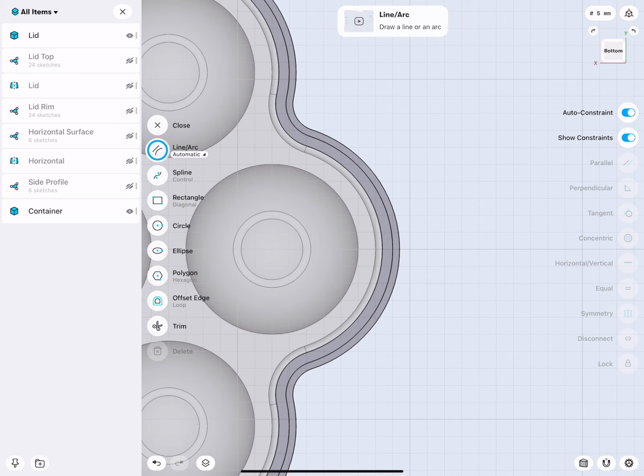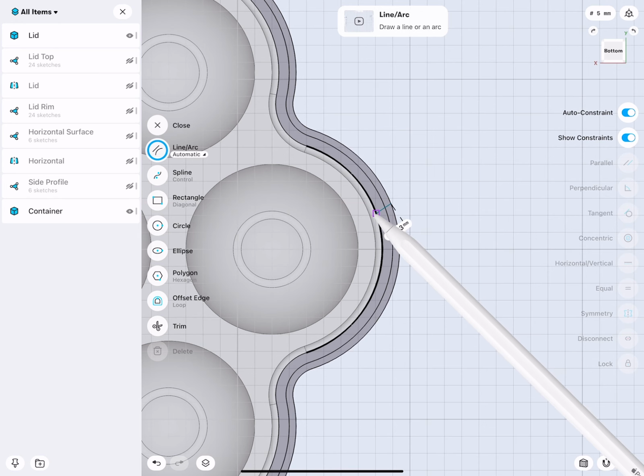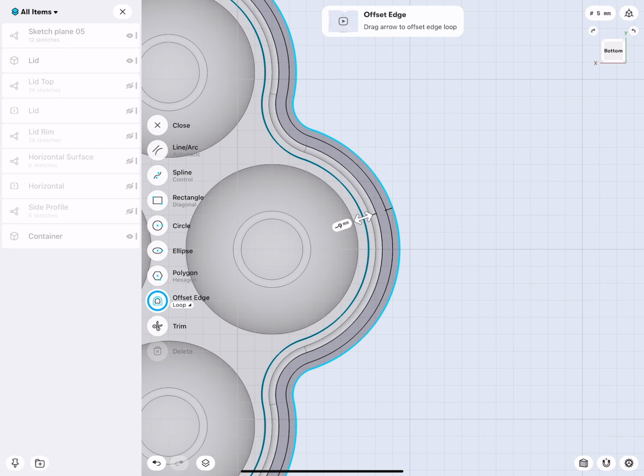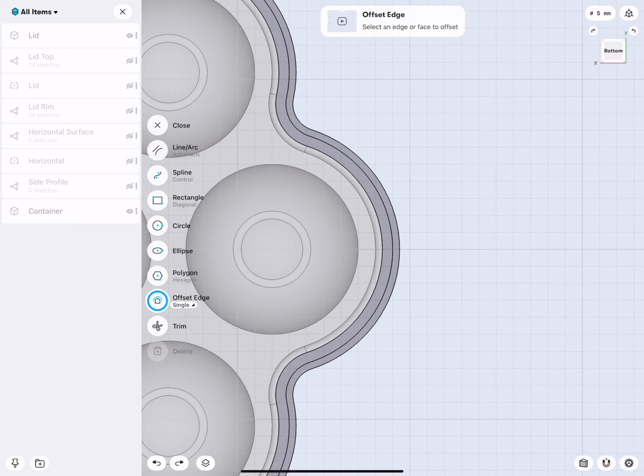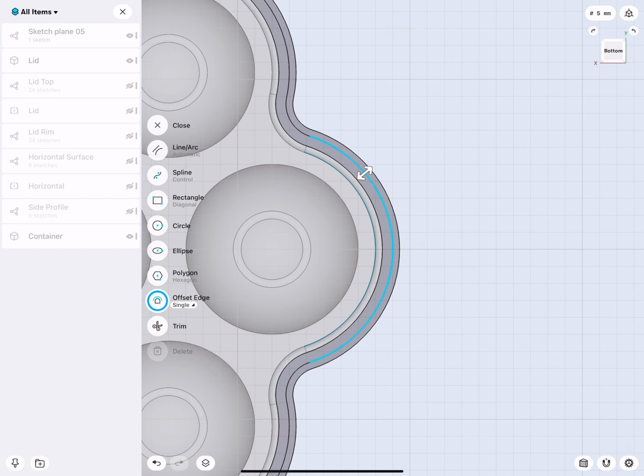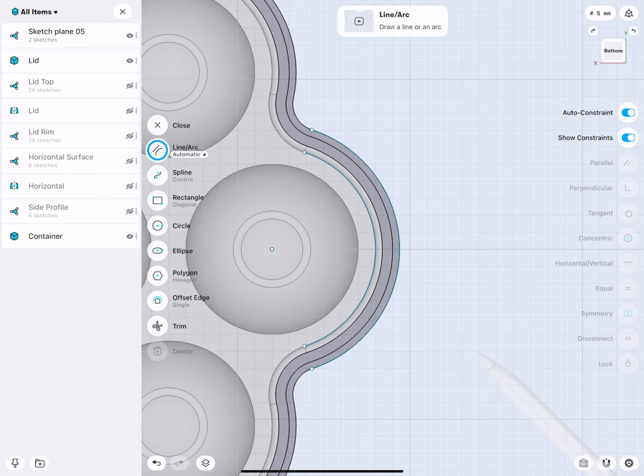I will select any edge, maybe here the outer one, and then with the offset command, drag this in, but it drags the whole thing, and that's not what I want. So I just switch this to single and bring this in. 5 millimeters, it's for us to decide. I will go 7, so we have a little bit of an overlap. Okay. Also here, all these details can be changed later. Very good. So now I have this ring. Then I could select this and do an offset by 2 millimeters, so I have the material thickness. Very nice.